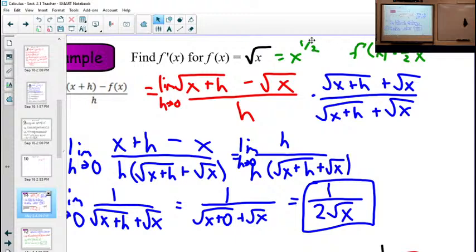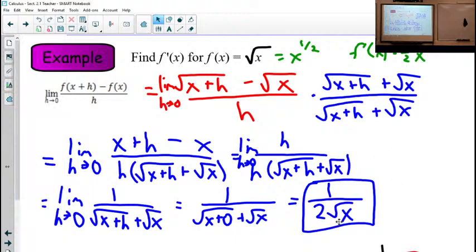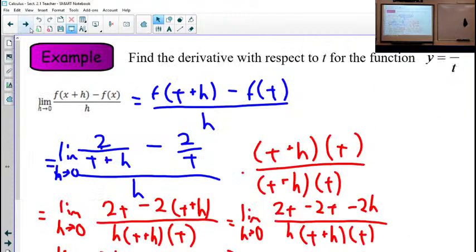And so with our power rule, we know that 1/2 is going to come down out in front, and you're going to subtract 1 from the exponent. So it's going to be 1/2 x to the negative 1/2, which is 1 over 2 the square root of x on the bottom. So negative 1/2 means it's going to come down out in front. Same thing for, we did 2 over t. So if we do 2 over t,